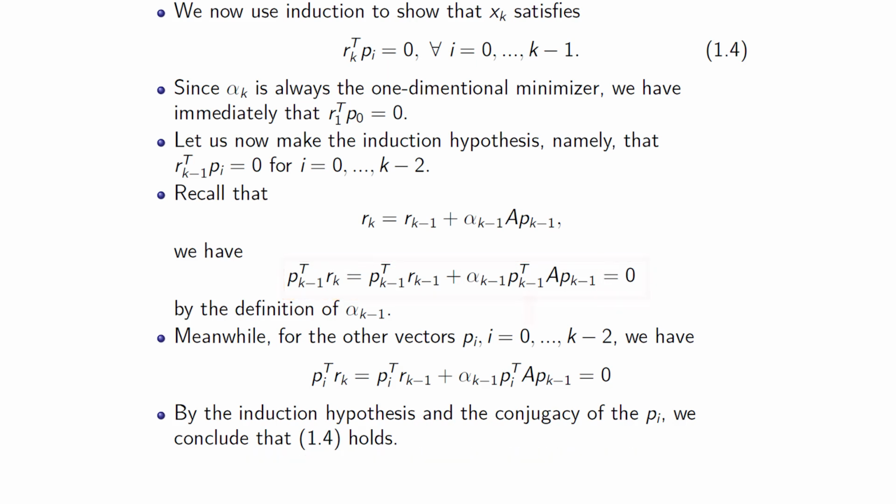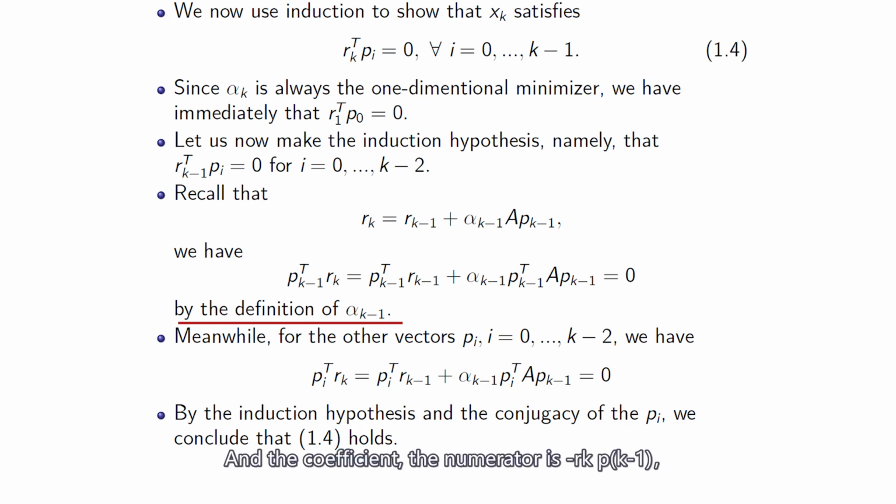By the definition of alpha k minus 1, recall that it is a ratio, where the numerator is minus rk minus 1 transpose pk minus 1, and the denominator is pk minus 1 transpose A pk minus 1, right? So by the definition of alpha k minus 1,